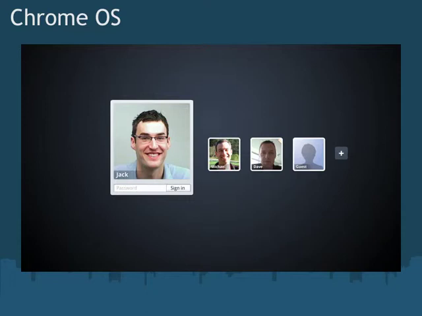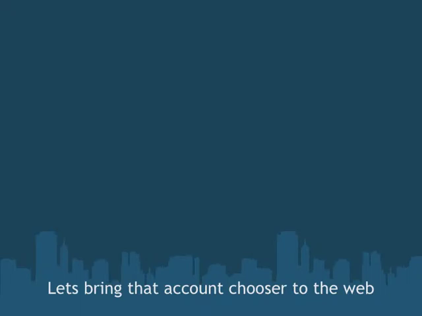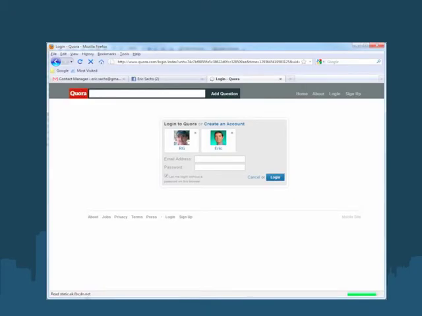Well, we looked around and found there were some websites that had actually done that. For example, Quora is a popular website that, when you log in with an account, keeps it so that if you come back to the site, it shows a list of the different accounts that you've used in the past to log in. Hotmail also experimented with it, though using a plugin for IE.